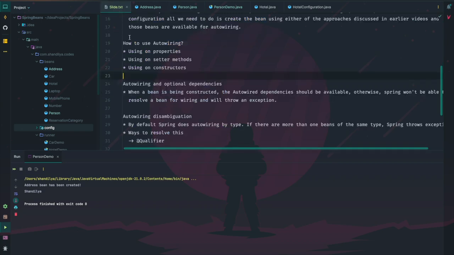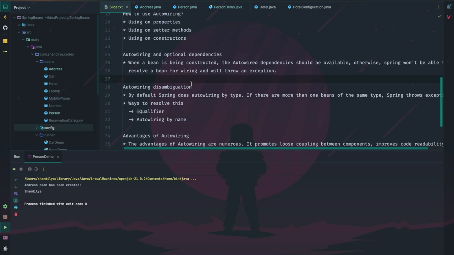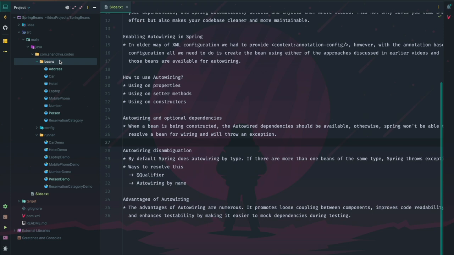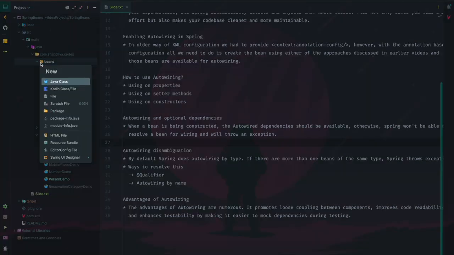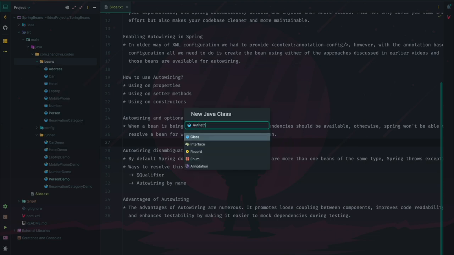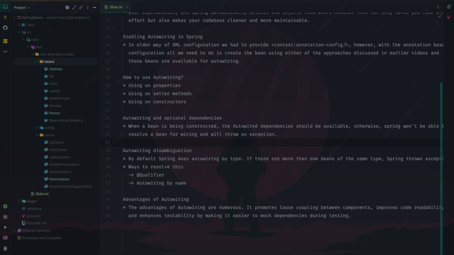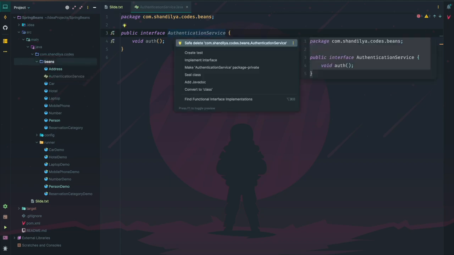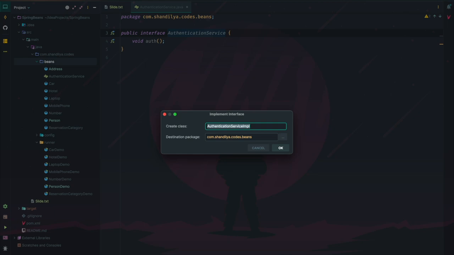Next, we will move to the part where we discuss a bit about auto wiring disambiguation and what are the different ways in which we could handle it. So let's start with an example to understand auto wiring disambiguation concept. So in the beans, we will create an interface, maybe call it as authentication service, and it will have one method, call it as auth, and then we will create a few implementations for this particular interface. First one, let's call it as vanilla authentication,